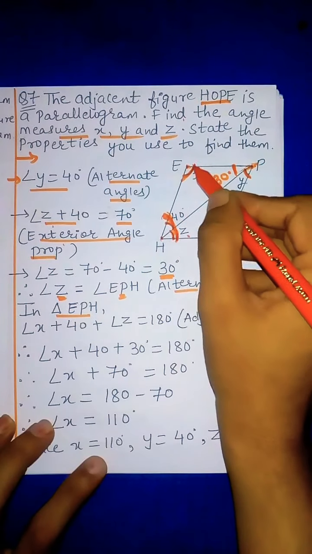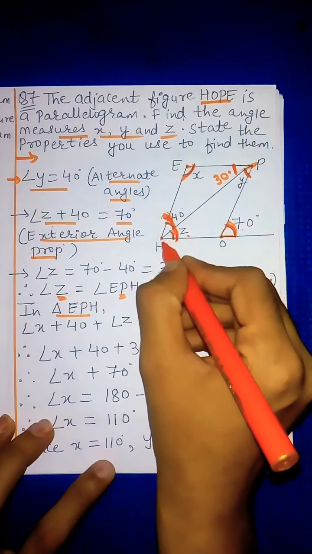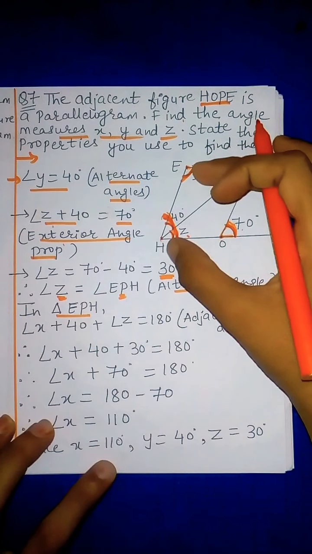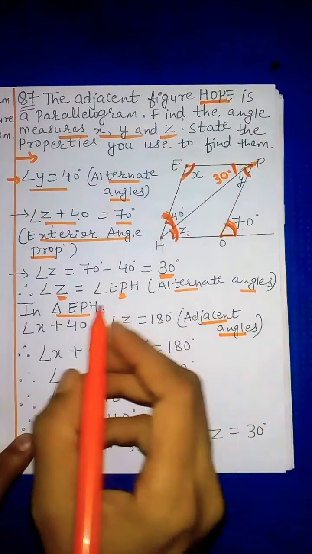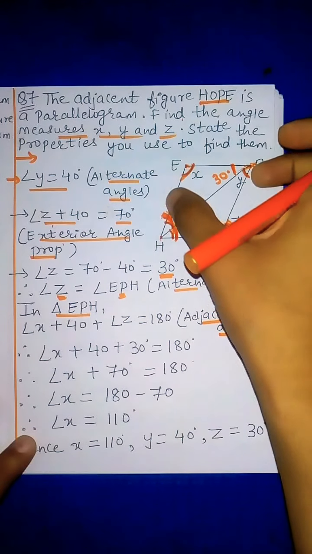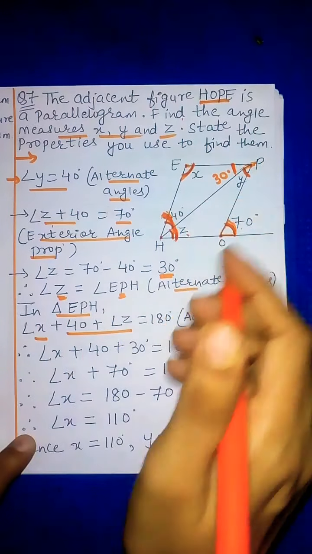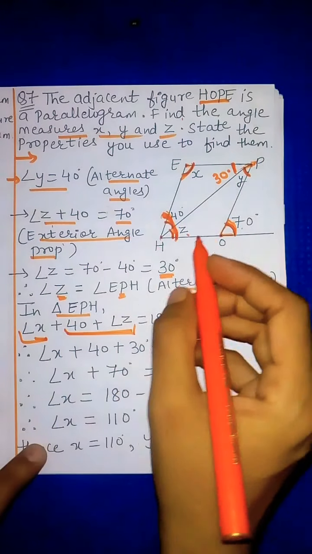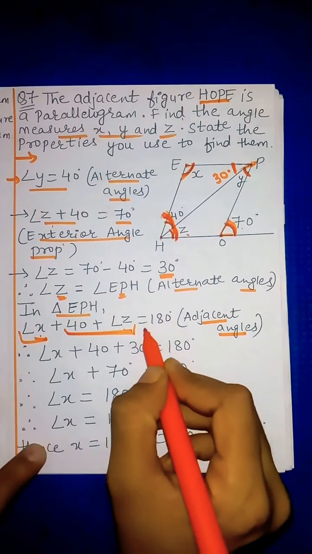Now this whole angle and this angle, this is a parallelogram, so these both angles are adjacent angles. This whole part, angle H, and this angle X, they both are adjacent angles, and the total of adjacent angles is equal to 180 degrees. So we are using the property of adjacent angles. Adjacent angles means we have to add these both. So this is X and here there are two parts. This whole we have to add. So it will be X plus 40 plus Z. So this is one angle and this is the second angle. So the total is 180 degrees for adjacent angles. In place of angle H, we will take this whole part. So angle X plus 40 plus Z equal to 180 degrees.